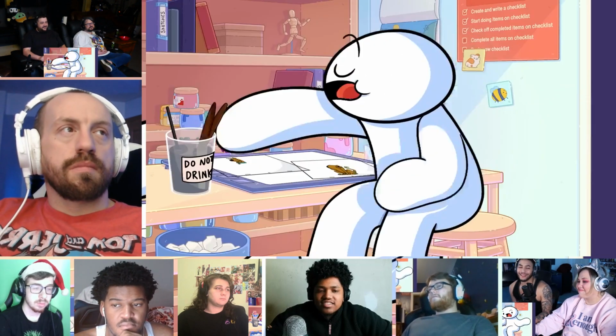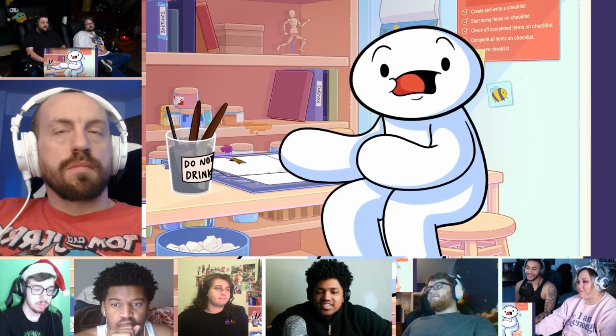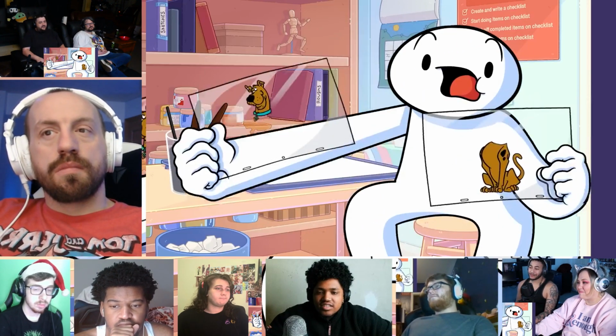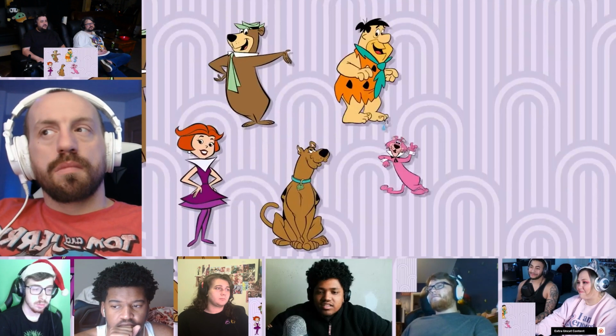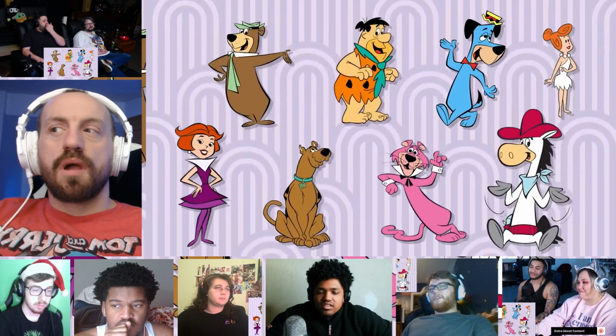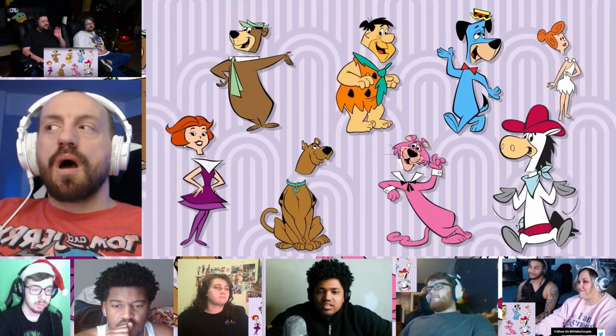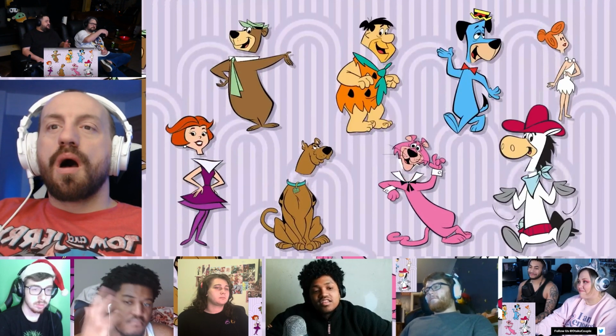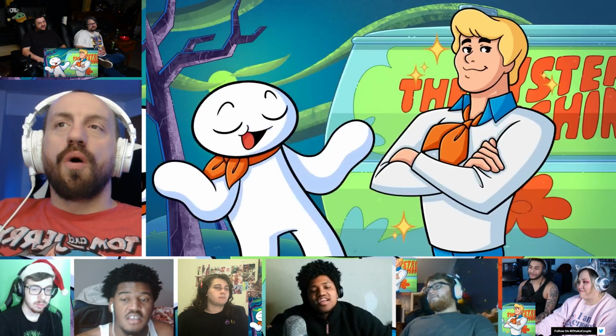A big part of cell animation was being able to animate pieces of a character independently of each other. That's actually why so many old cartoon characters had accessories around their necks, so the animators could separate the characters' heads from their bodies, making it easier to animate. Fred wasn't rocking that ascot just because it was trendy.